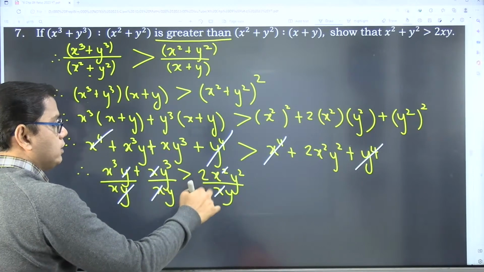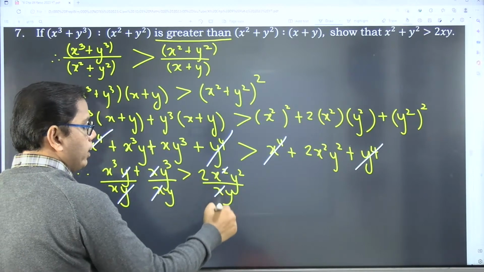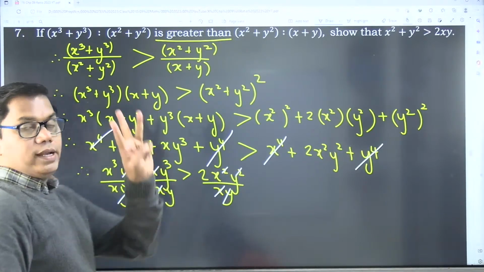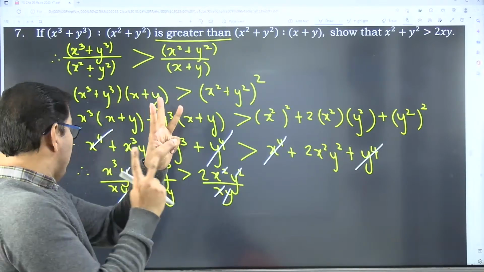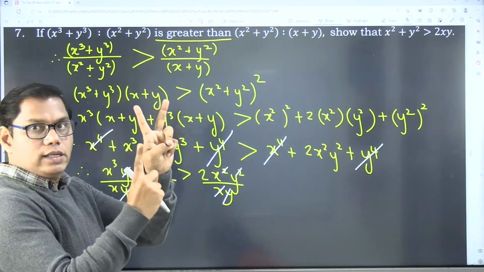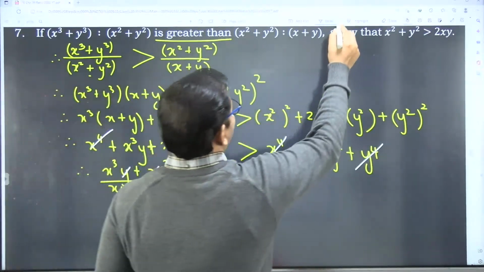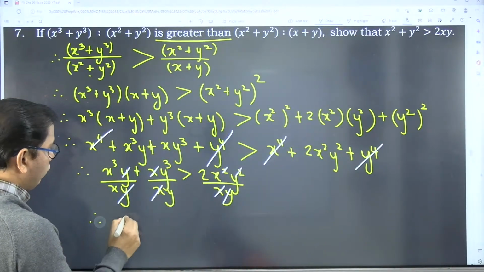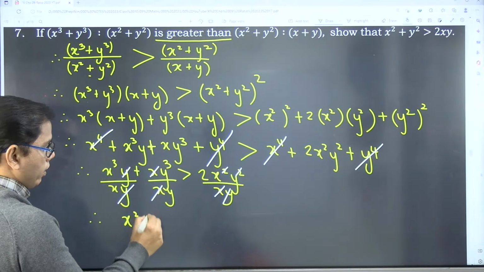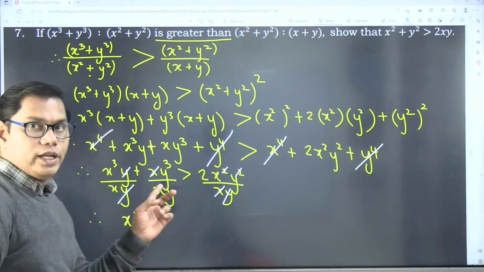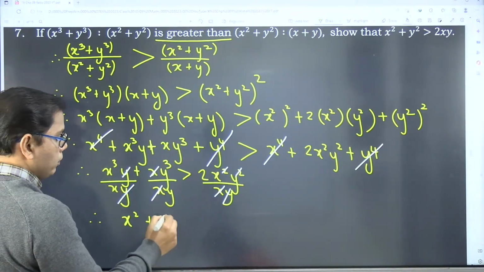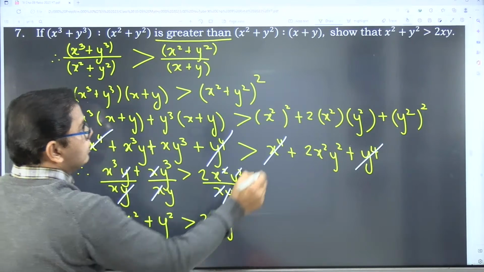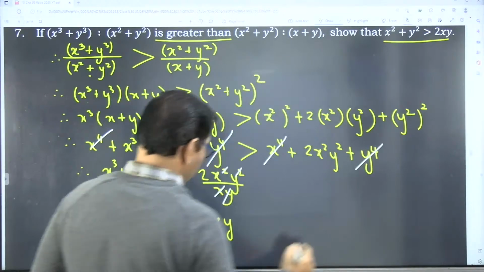So we cancel x from here and this square sign from there. Here also. And x cube upon x, numerator में 3 x हैं, denominator में एक x है, तो एक एक x कट करेंगे तो 2 x बचेंगे numerator में. Means I am left with x square plus, same thing here, y cube and y, so y square, greater than 2xy. This is exactly what I want.